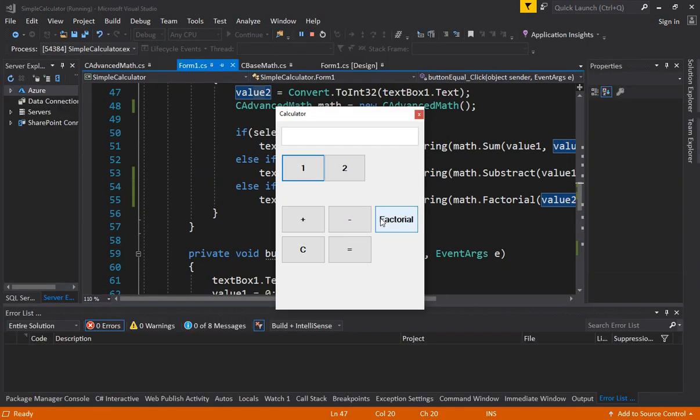So as you can see, we see a new button here. So first let's check if our previous functions are working okay, which is plus and minus. 1 plus 2 is equal to 3. 3 plus 2 should be equal to 5. Perfect. And now if you press factorial, it should compute the factorial of 5. So we did factorial is equal to